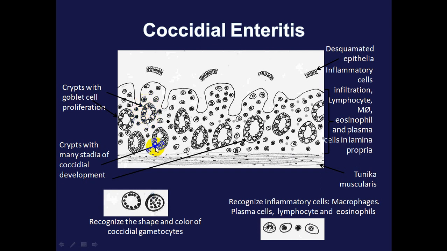And then the most interesting and most significant findings, okay, the characteristic findings here is you can find various stages of coccidia inside the cells of the crypts. Okay, inside the cells of the crypts, many coccidia. It has a red color, round shape, and red color structures. Okay,